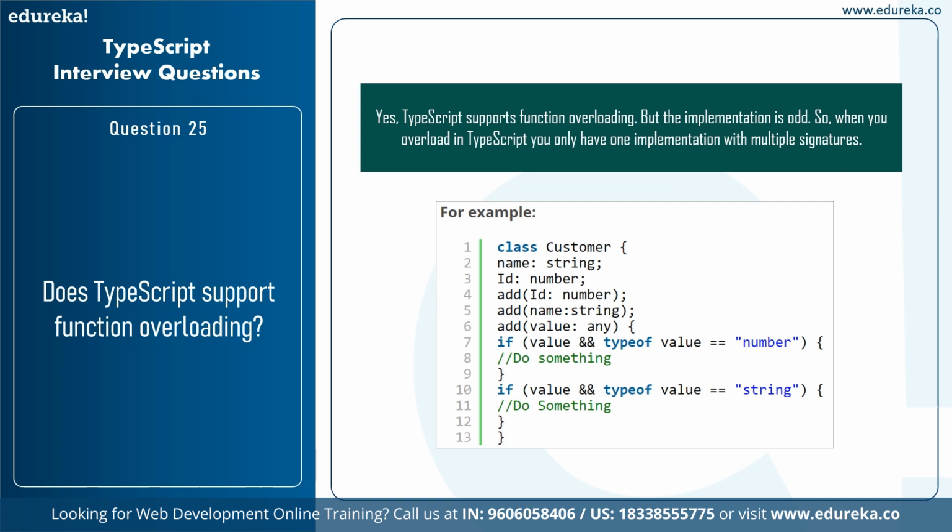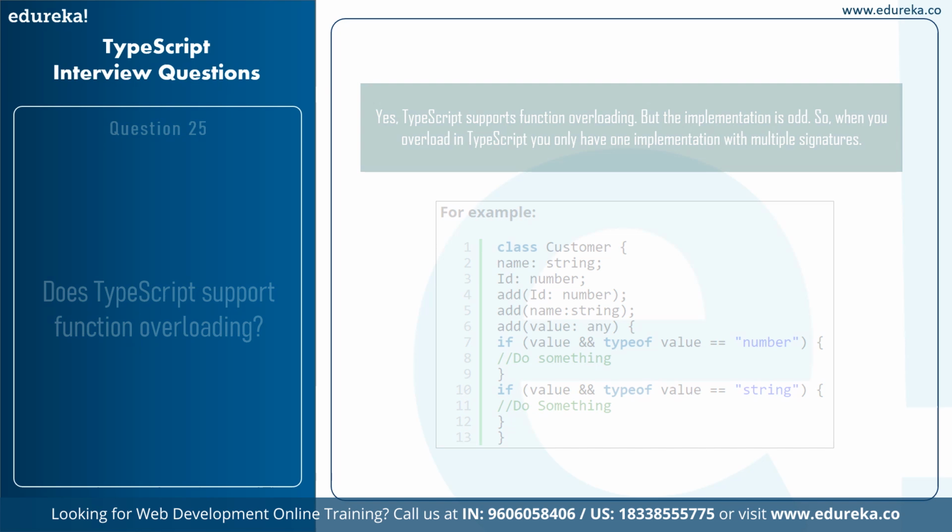Now, if the value and the type of value is equal to number here, we need to do something. And then if the value and type of value is equal to string here, we need to print something as well, because I've given the value to be any data type. So basically here anything can be taken, either a number or a string. So the first signature has one parameter of type number, whereas the second signature has a parameter of type string. Now the third function contains the actual implementation and has a parameter of type any. The implementation then checks for the type of the supplied parameter and executes a different piece of code based on the supplied parameter type. So this is how function overloading works in TypeScript.